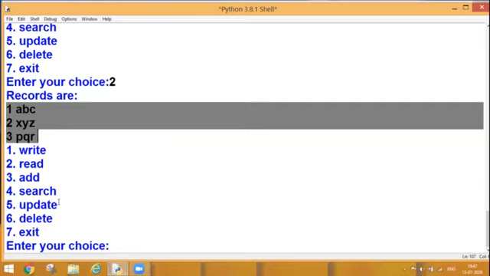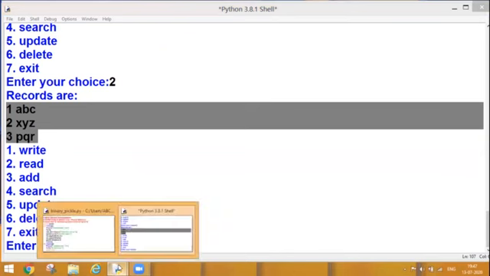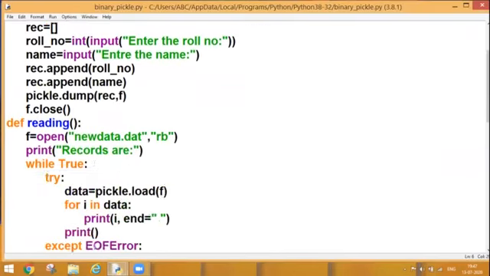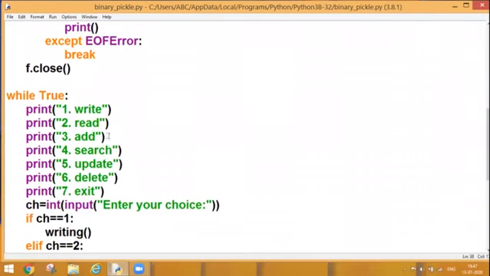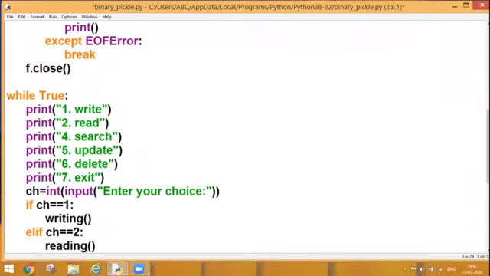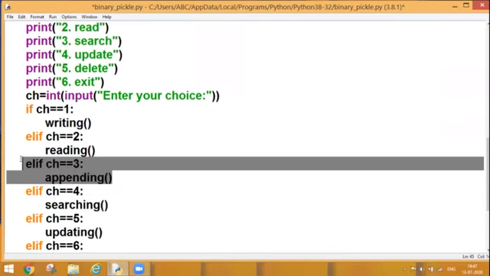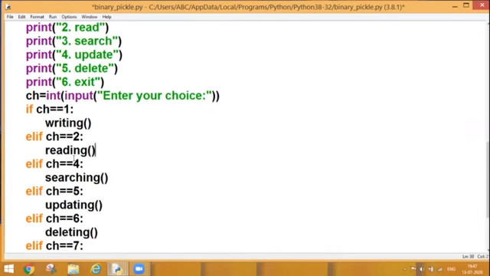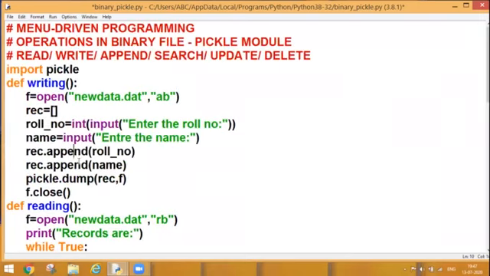Okay. So my third module, which I created for add, I don't want now. So what can I do for that? I can remove this option from my menu and number them as 3, 4, 5 and 6. Later also I can change it, like if I want to remove it completely, it will impact the rest of the module numbers. So I'm going to change it. Yeah, now it is perfect. So the appending data problem is solved over here.